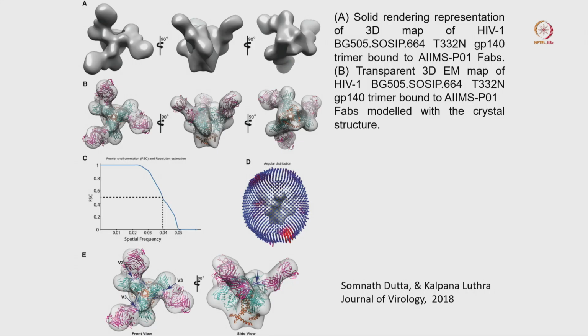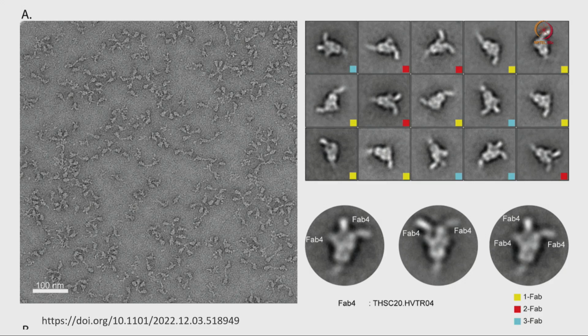Not only that, we can use this same technique to generate a very low resolution three-dimensional structure. In this particular study we are showing that three-dimensional structure, where this is the trimeric shape of that HIV trimer and these are the areas of the antibody. So this is basically the trimer and those are the antibodies interacting. But in most cases the overall resolution is very poor and we just get a very low resolution architecture and overall morphology of that protein complex. From this study we cannot get more than that.